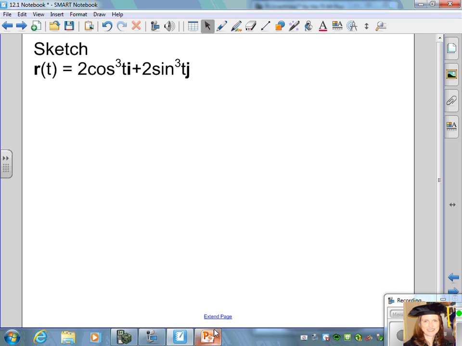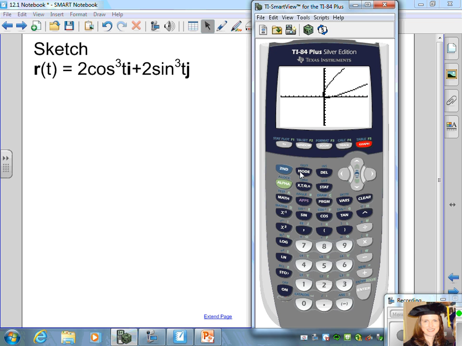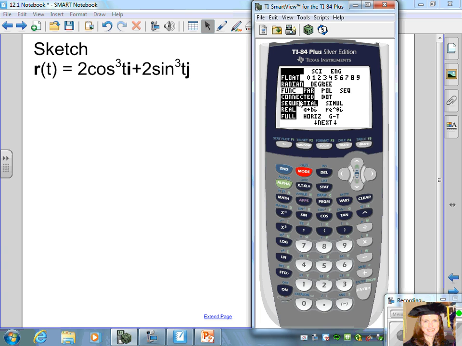All right, let's look at the next example. Let's use a graphing calculator to sketch the path that's defined by 2 cosine cubed t i plus 2 sine cubed t j. To sketch this path with a graphing calculator, I'm going to, again, make sure your mode is in parametric mode. I'm using radians. Go to the y equals and